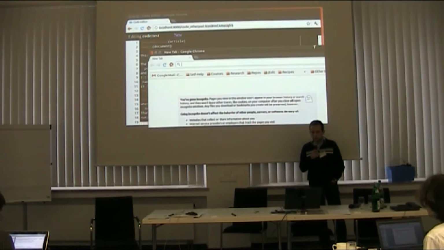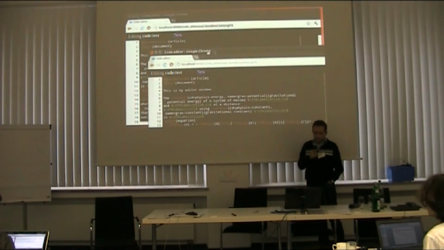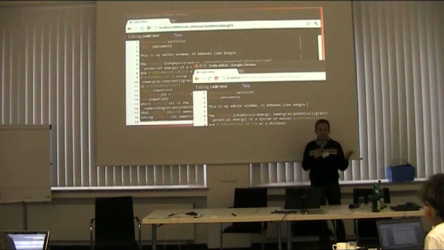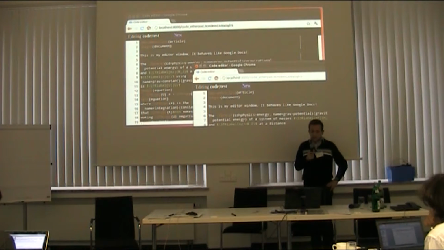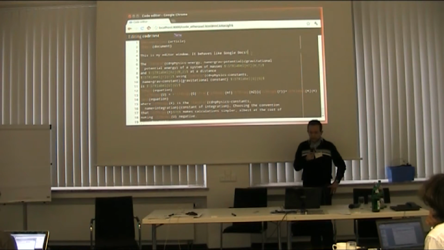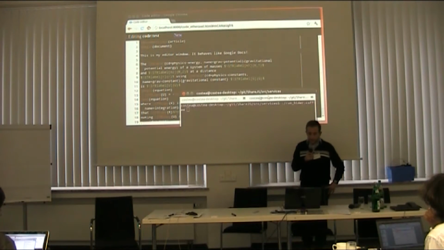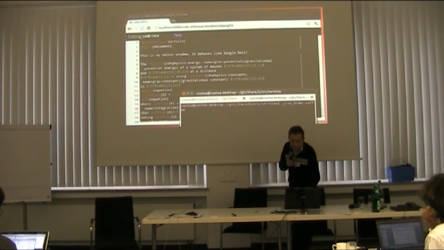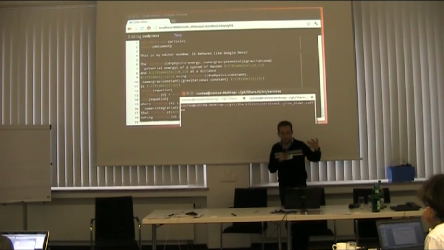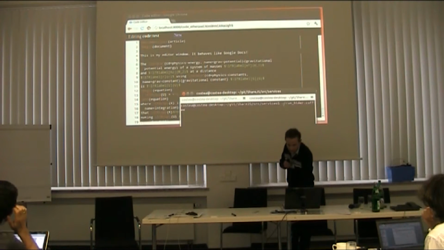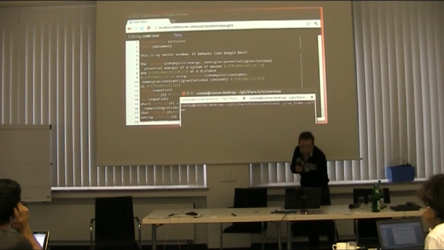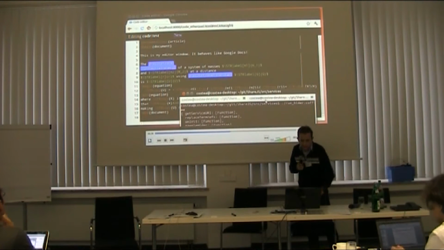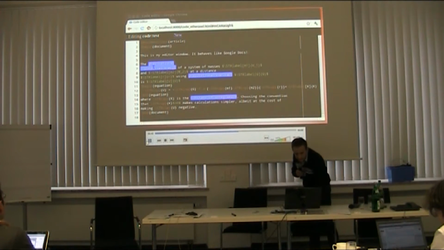So basically, the first feature I'm showing is that you have editing just like in Google Docs. This is actually not the important feature. The important feature is that I'm just opening another terminal, and I'm running a service, and this service knows to connect to this editor window. And as soon as it connects,